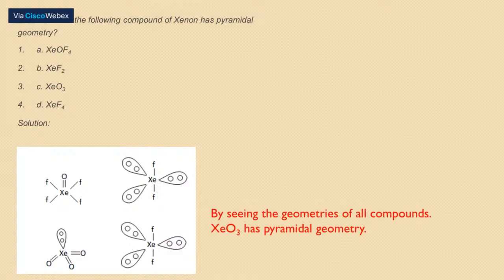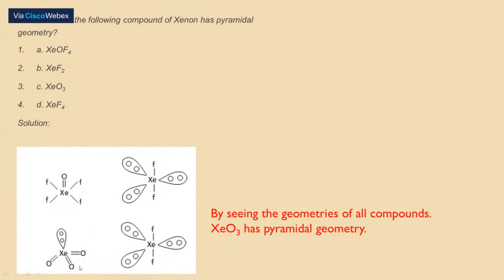So now you just look into them one by one. The first molecule is XeOF4, and the second one is XeF2. These all have lone pairs of electrons: XeOF4 has a lone pair, and XeF2 also has lone pairs. Now, just by looking into the structure, you can very easily say